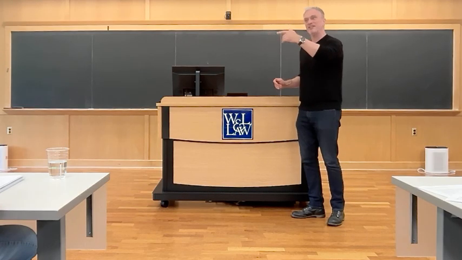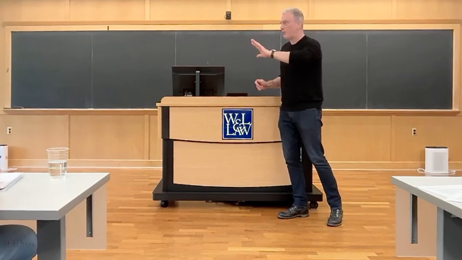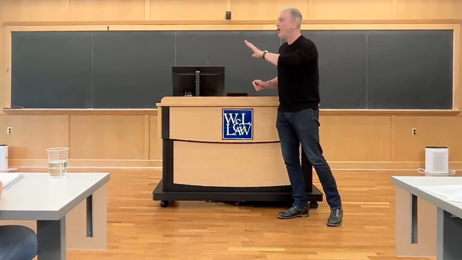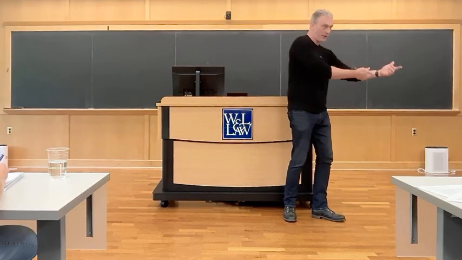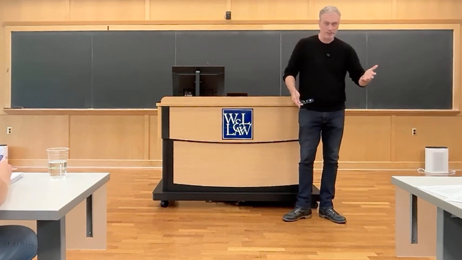At that point, you start saying, you were the one that could have raised it. You were what's called the cheapest cost avoider. You were the one that could have raised the issue at the time. To not do so means that we're going to interpret the term in the way that the other party understood. That's Restatement 221, for example, if you want to go take a look at it.